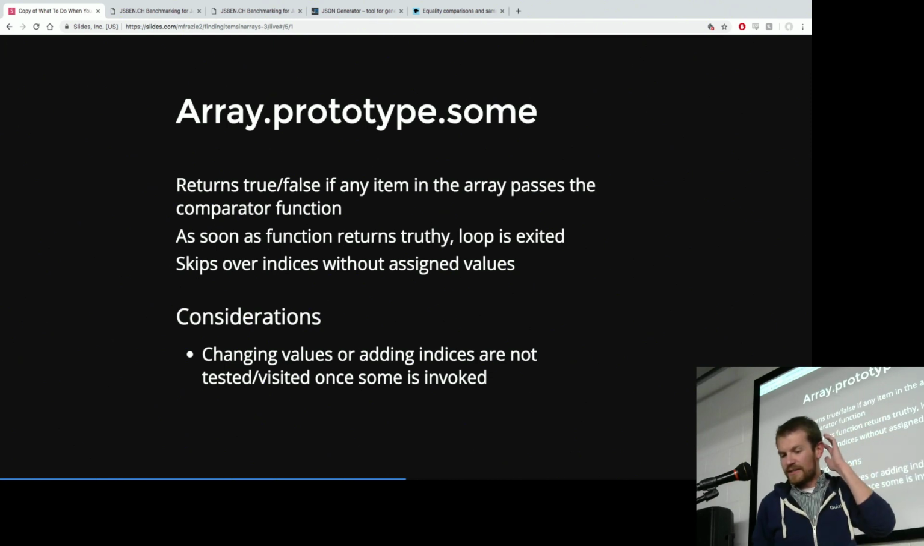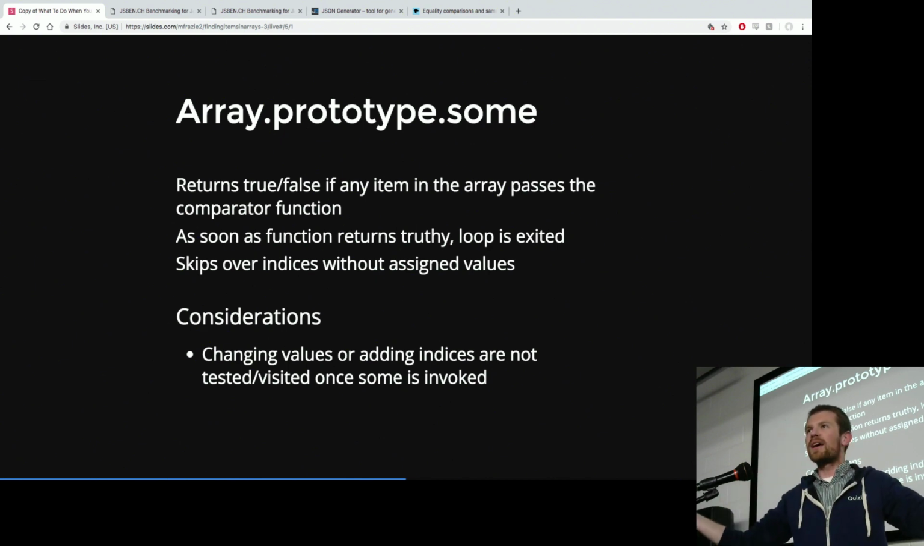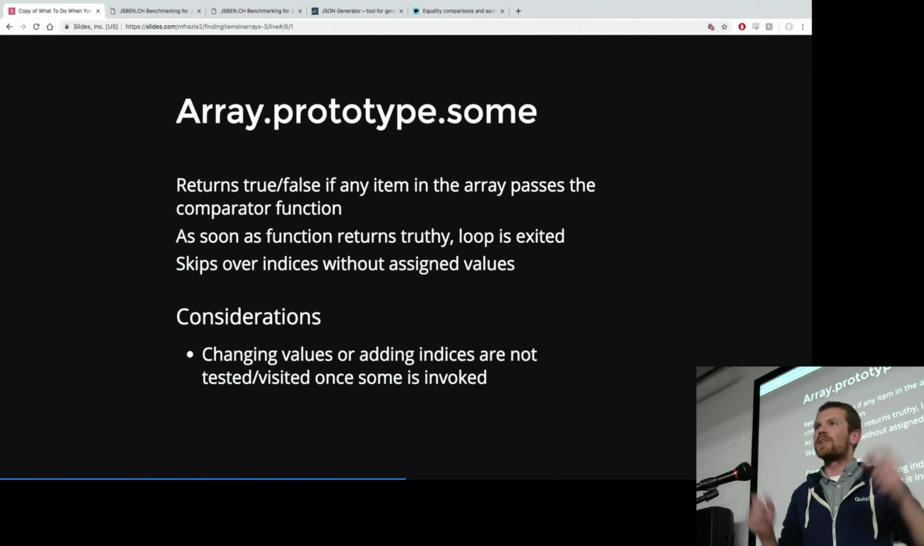The other thing about some is that it skips over indices without assigned values. So again, if you have this million item array, but there's only a few items sparsely populated through it, it will skip over the ones that don't have an assigned value,